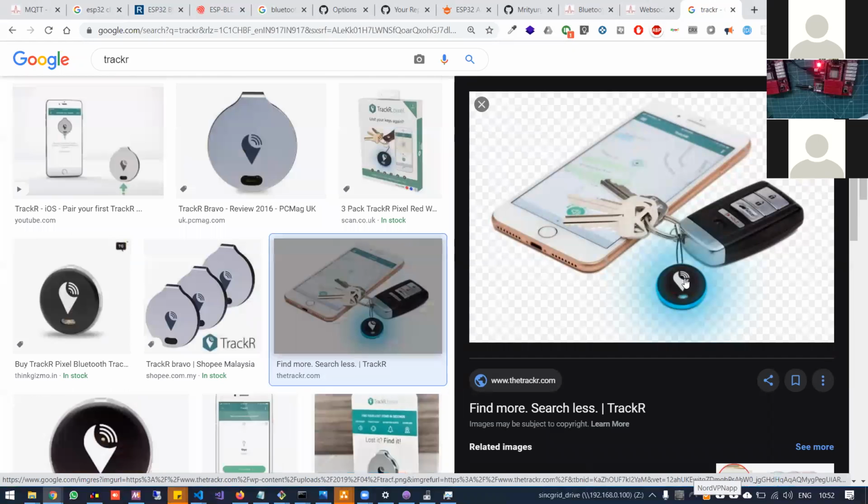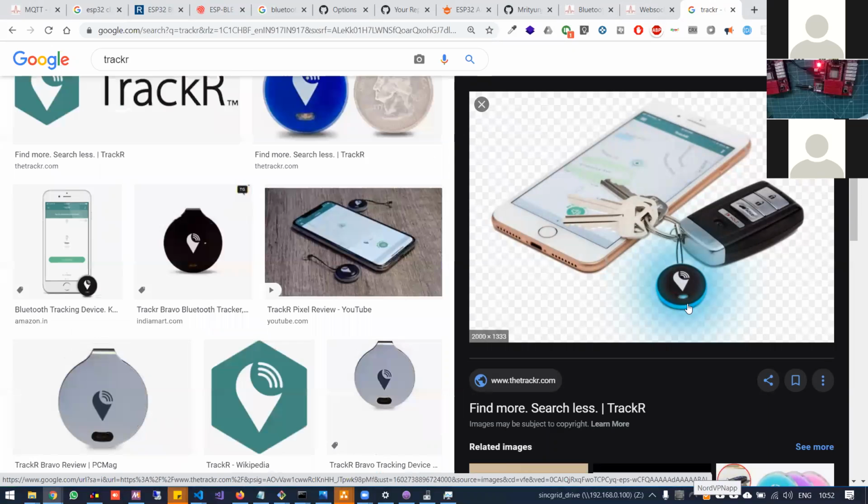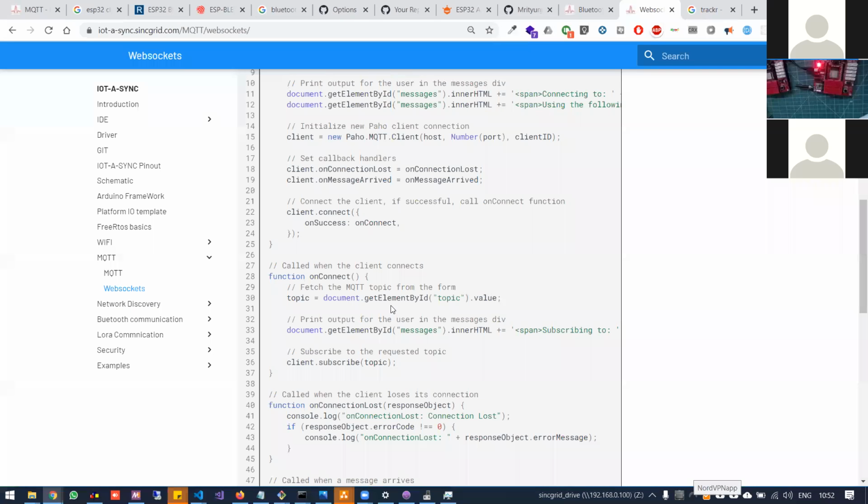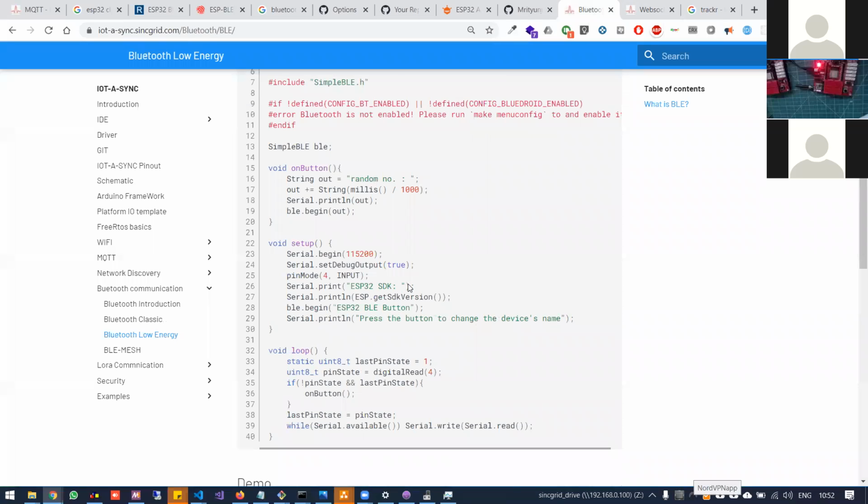The working principle is that each BLE device, after a certain interval, will broadcast its number, its values, or its ID, and with the RSS strength of the device, we can reverse triangulate its exact location. So I have created the same code in this hardware, in which on each button press, for example, it sends a message, and that message does not require pairing or anything. It is just broadcasting,